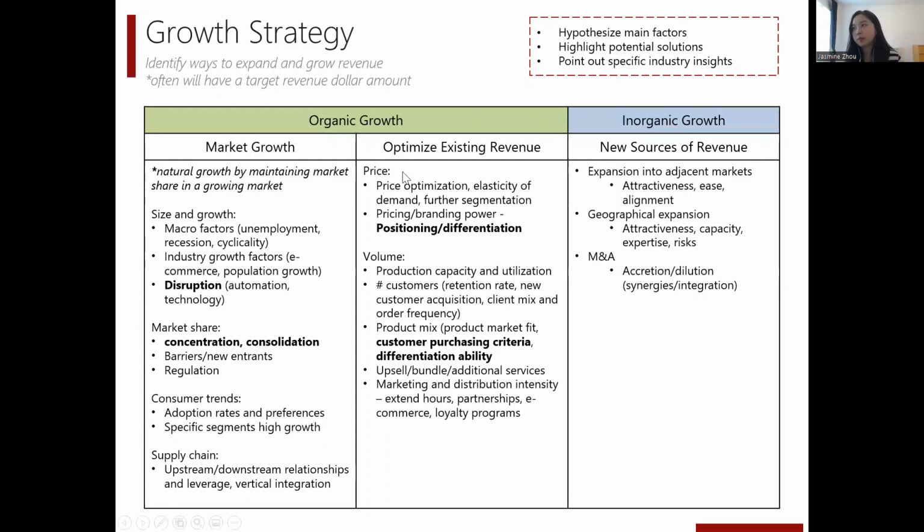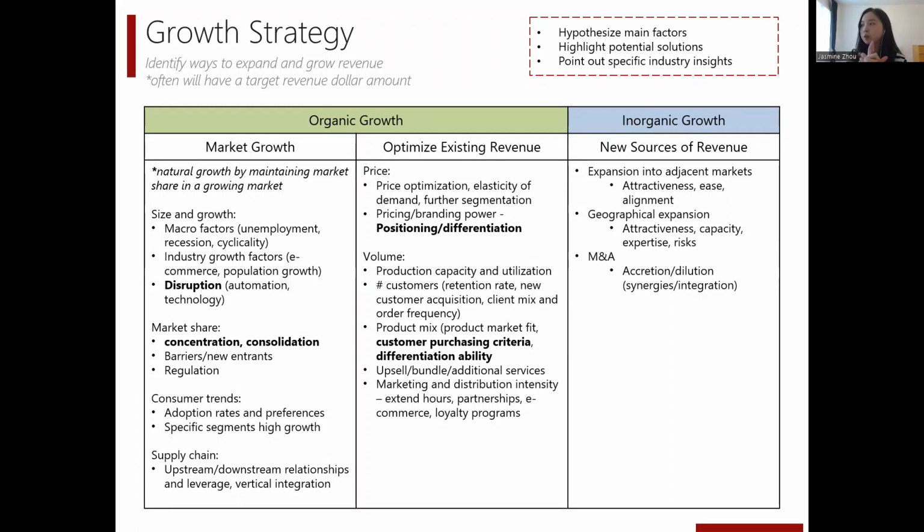The other bucket pertaining to organic growth is existing revenue. So of your existing revenue, how can we better optimize that to increase it? Again, price versus volume. Same thing as what we talked about before in any revenue bucket. This new bucket is inorganic growth or new sources of revenue. So instead of just looking at price and volume for your existing revenue, this is looking at new ways to